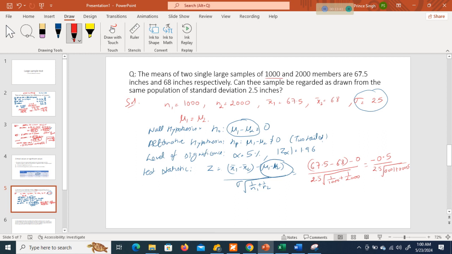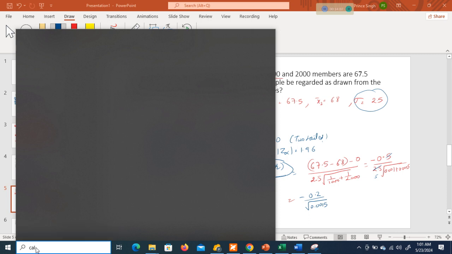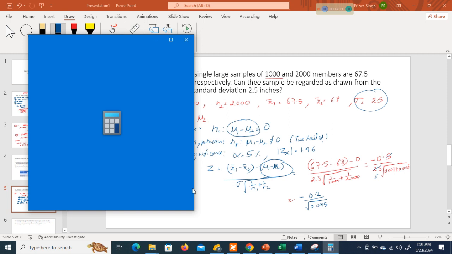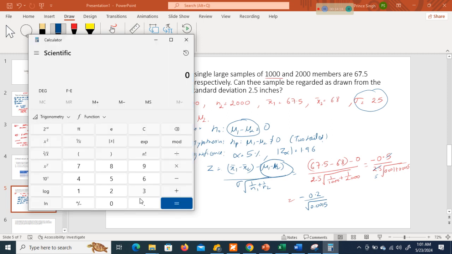2000 means 0.5 and 1000 means 30. So its value is, if I calculate 5 on the 5, got 25. So minus 1 by 5 means minus 0.2 upon square root of 0.0015. Okay, and if we calculate this value using calculator, say, so its value is 0.2